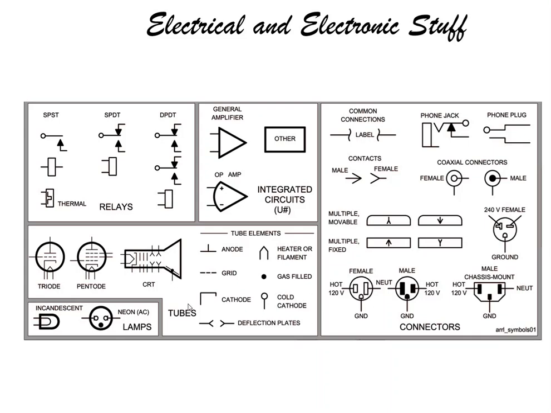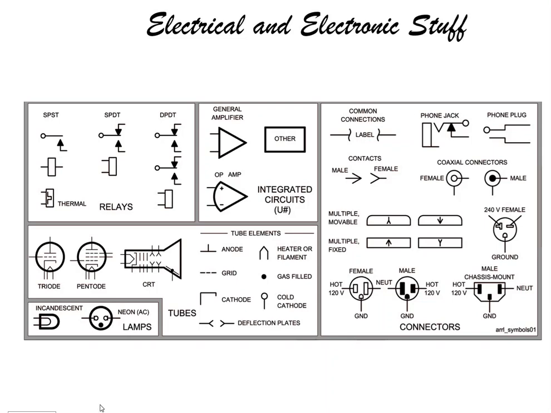Then the next one is the number of tubes and tube elements, how we can represent them and how they look. So the lamp symbol, how it looks and how we can understand it from the schematic. The next one is the labels, how we can understand the label format, the connectors, the cables and all these related symbols. We have tried to cover all the symbols and understand them by this pictogram, then we can understand.